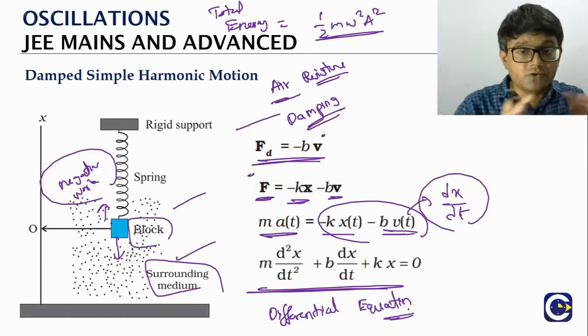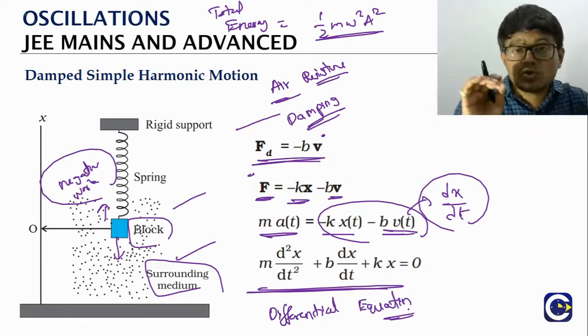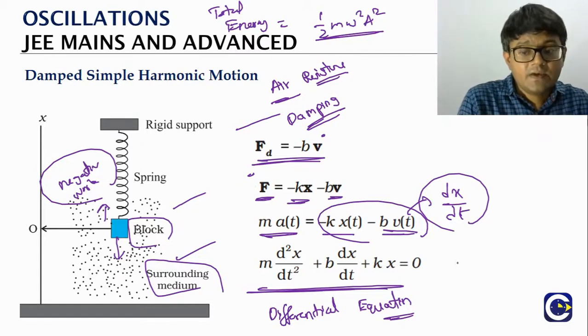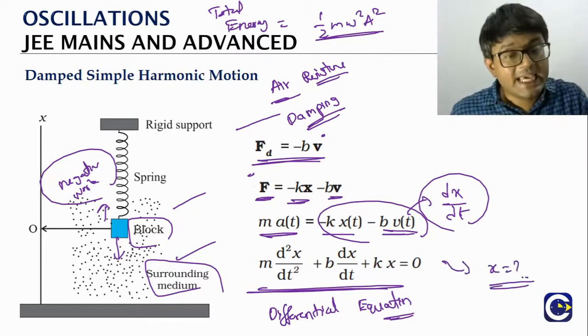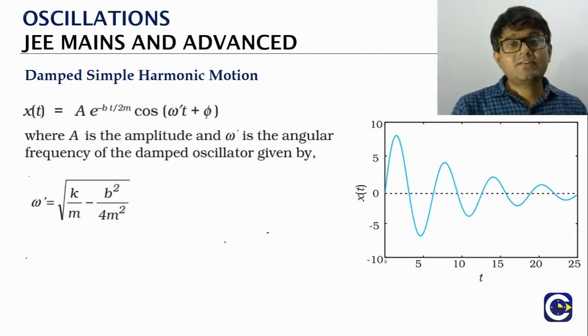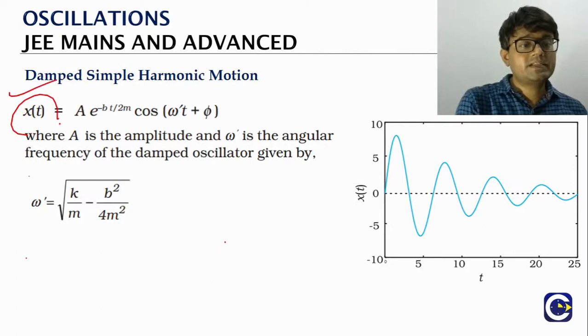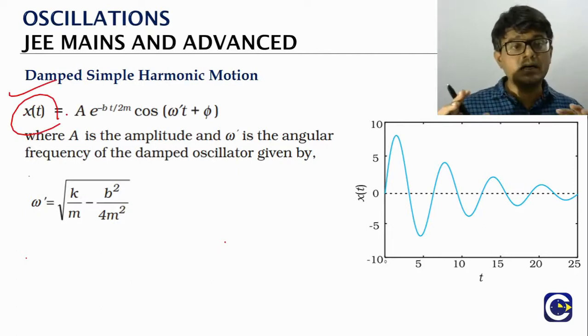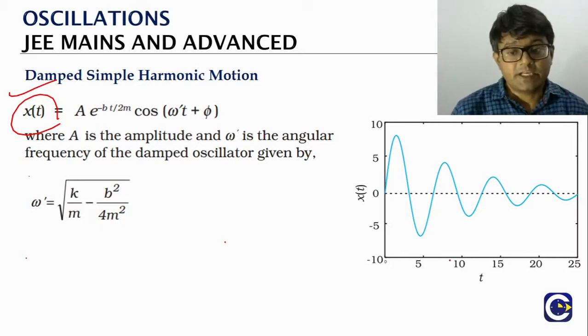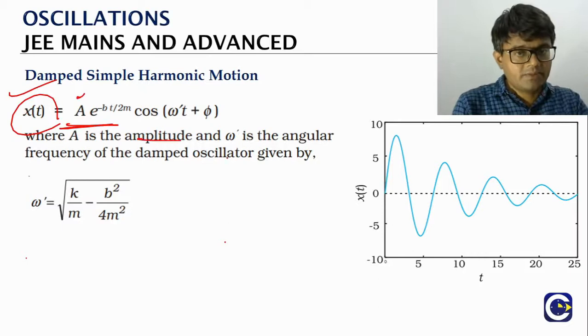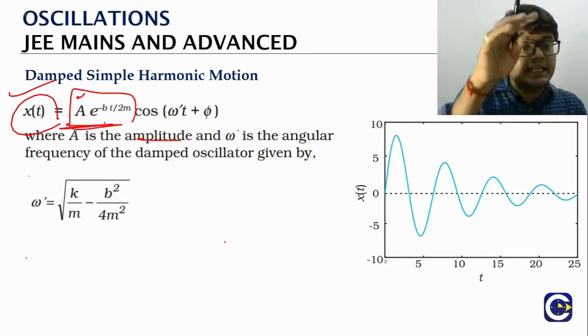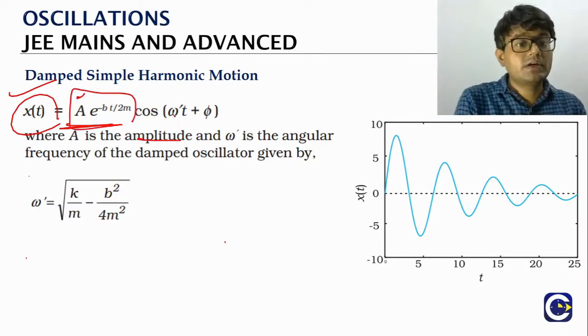Now we are not going through the proof of it, but if you solve this differential equation, we are going to get the expression for x. After solving the differential equation, we will get the expression for how the position of the particle in damped oscillation will vary with respect to time. So we can see here the A, which is the normal amplitude, multiplied by the exponentially decreasing factor. That's what we have to consider as the overall amplitude.